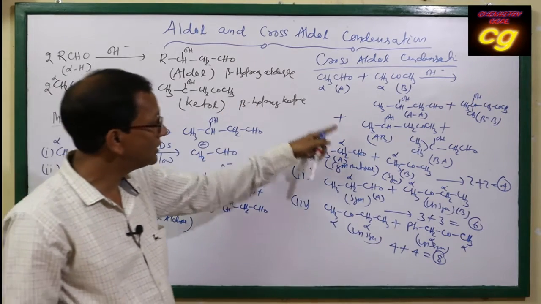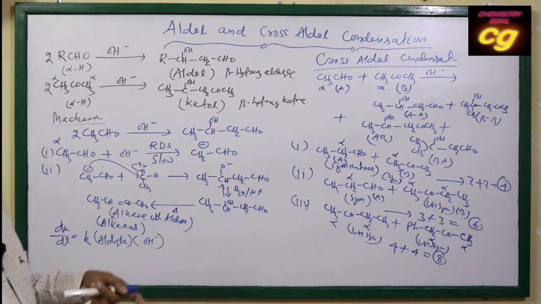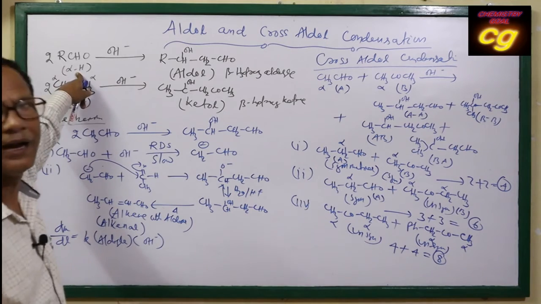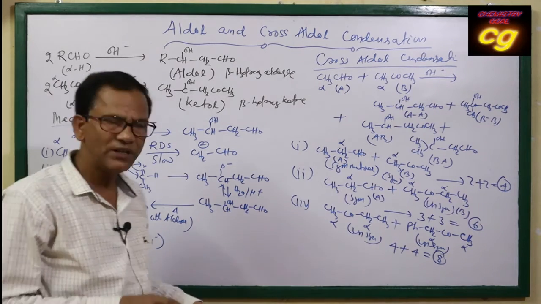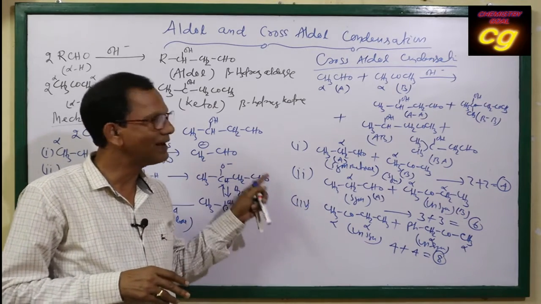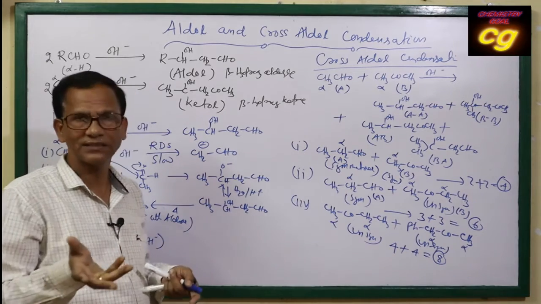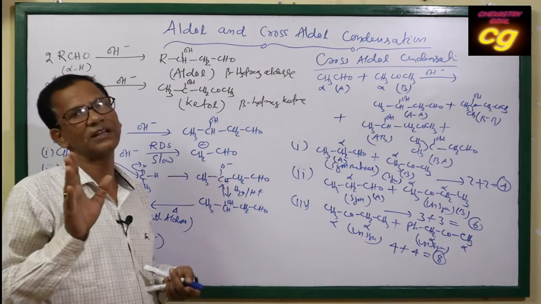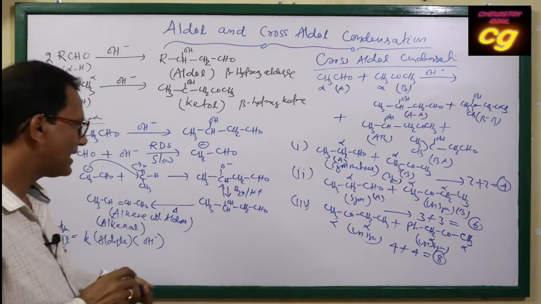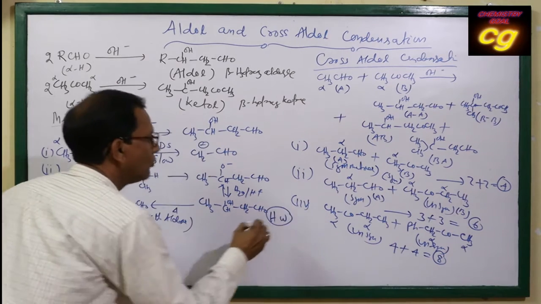What will be the cross aldol condensation of the combination of two aldehydes or two ketones having alpha hydrogen atoms? This is very important. It should have alpha hydrogen atoms. So I am giving some homework questions. You will complete this homework and send the answer in the comment box, and don't forget. In the next video we will discuss the answers. The question is like this: what will be the possible product? This is homework.